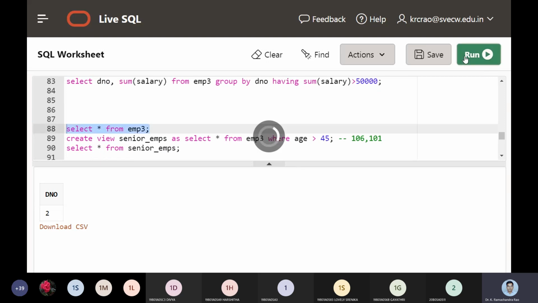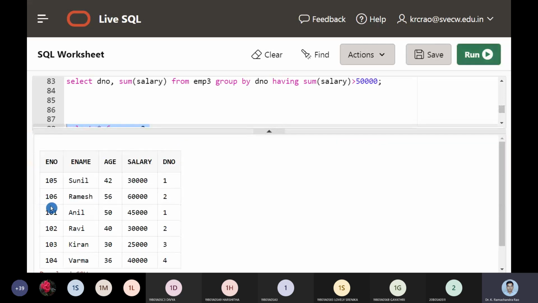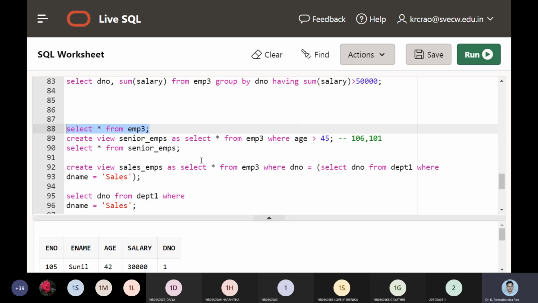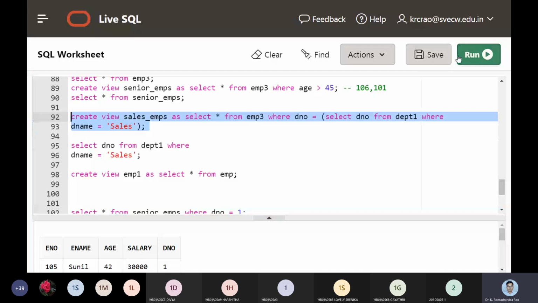So we have 2 records. We can memorize them because it is only 6 entities. That is 106 and 102. We will be getting only the 2 records. So let us create this view.